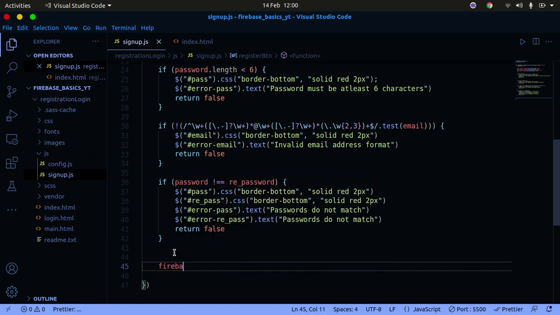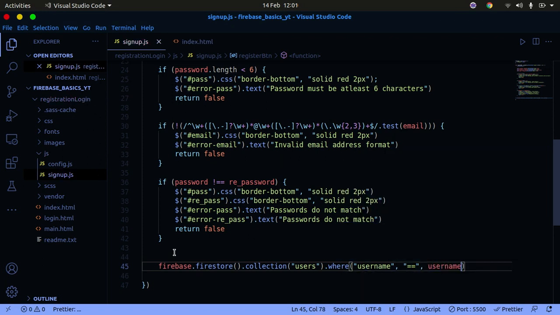So I'm going to say Firebase Firestore. It's a function .collection. So I'm going to say .collection, and then you call this, and then inside of the collection I'm going to have a collection called users. So I have users there, and then I'm simply going to do .where. I'm going to check where the username is